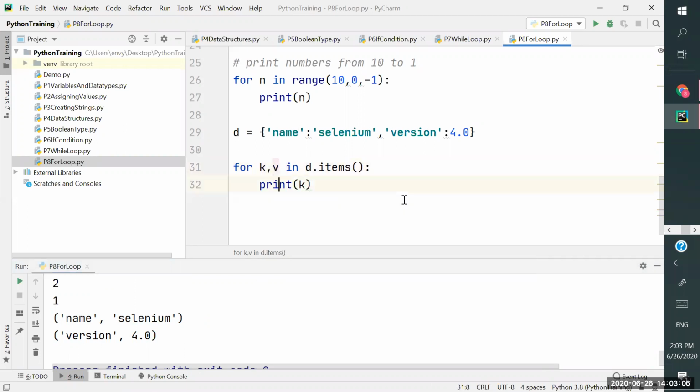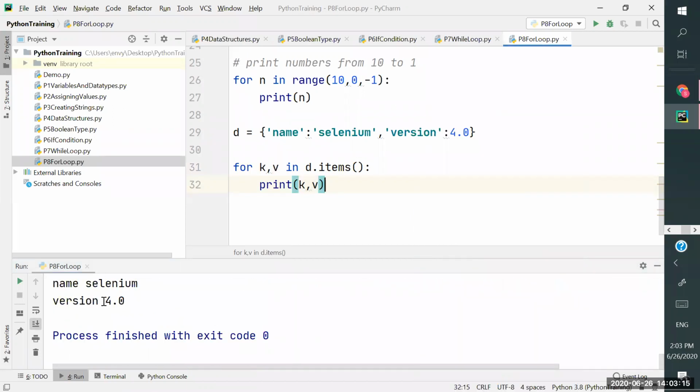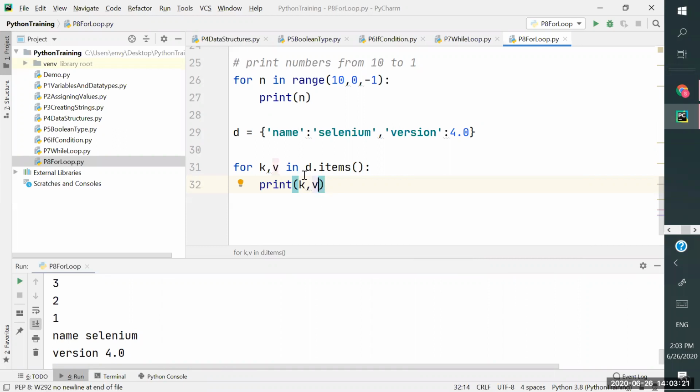This is the advantage. You can specify it here, and it is going to get the values from everything: name, Selenium, version. Automatically this is returning two items, so the first variable will go to the first one, the second variable will go to the second one. That's the advantage, and at a time it can iterate over both.